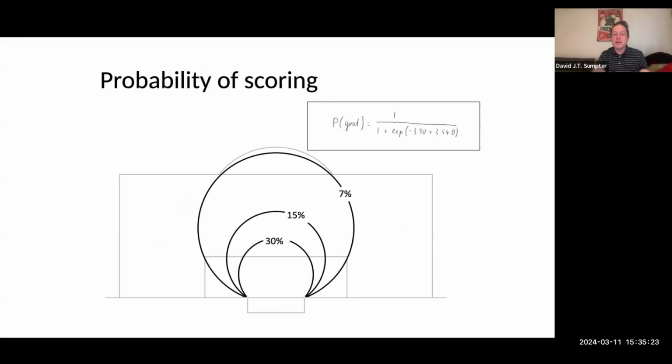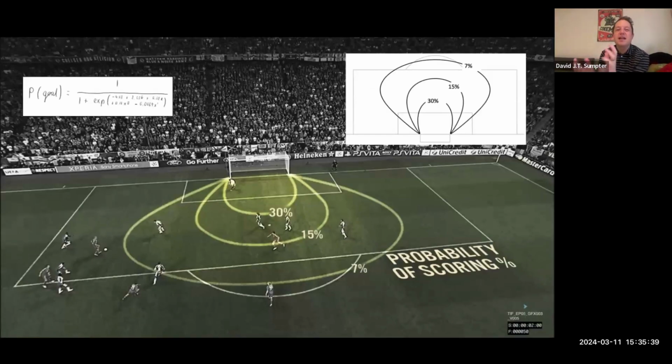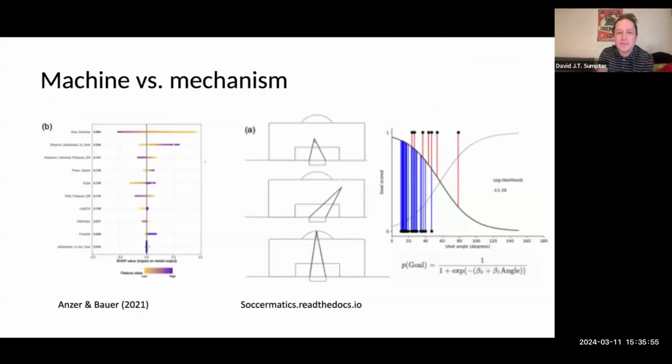I mentioned those rings. The nice result is you can define different rings which have different percentages of scoring based on the data. So you can have a 30% ring, a 15% ring, a 7% ring. It then carries on to 3%, or 1%, and so on. In fact, it's a little bit more complicated than that. You should also take into account the distance and the angle, so that it becomes like a squashed circle when you do the fitting. But we still use parameters that we can interpret and understand.